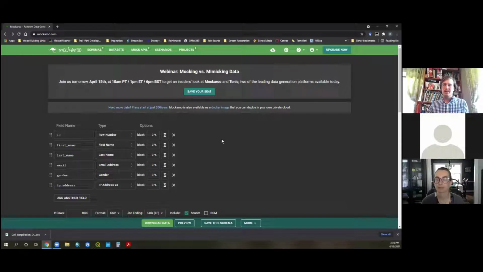And I know Excel has a random data generator in it, but it's not very user friendly, and it's not as valuable and flexible as what you see with Mockaroo. Yeah. But it was really, how did I find it? Google search after Google search after Google search. Yeah, I can imagine.